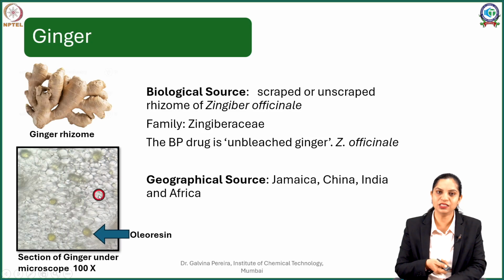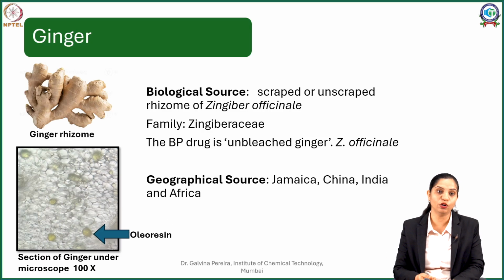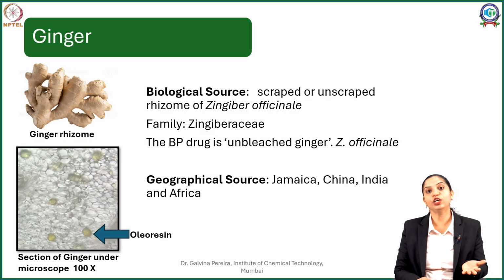If you observe carefully, it is mostly parenchymatous in nature, and within this parenchyma, if you see these yellow dots, these are the ones which store oleoresin. This is the oleoresin cell into which ginger oleoresin has been accumulated. If you cut it, it is not possible that every time you cut a cell it is going to leach out. As a result, in order to extract this resin out of ginger, it is essential to dry the ginger, powder or pulverize it, and thereafter extract it in a suitable solvent.